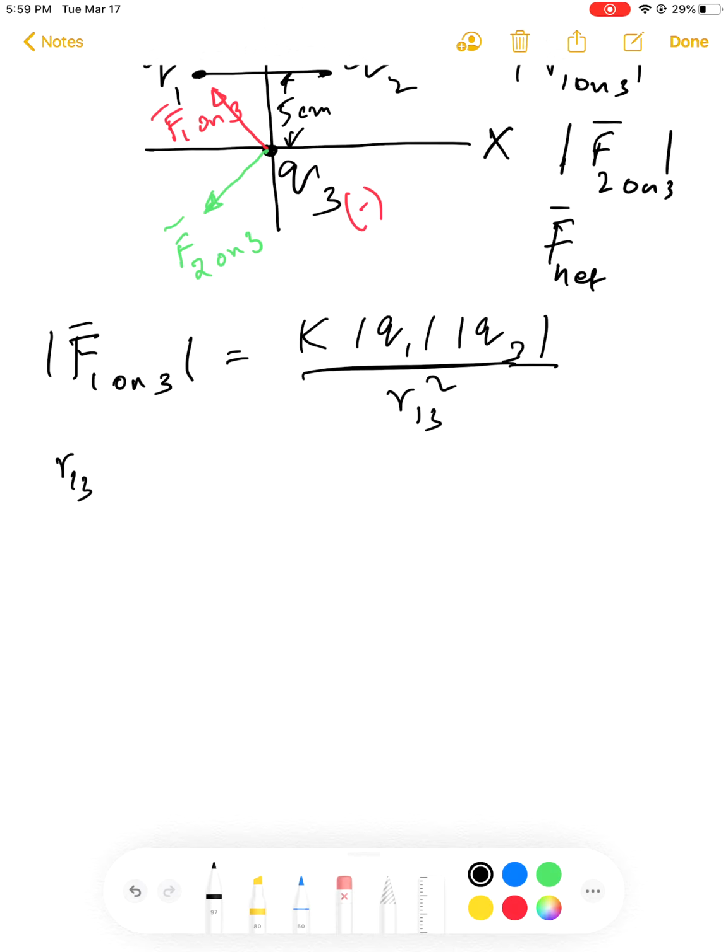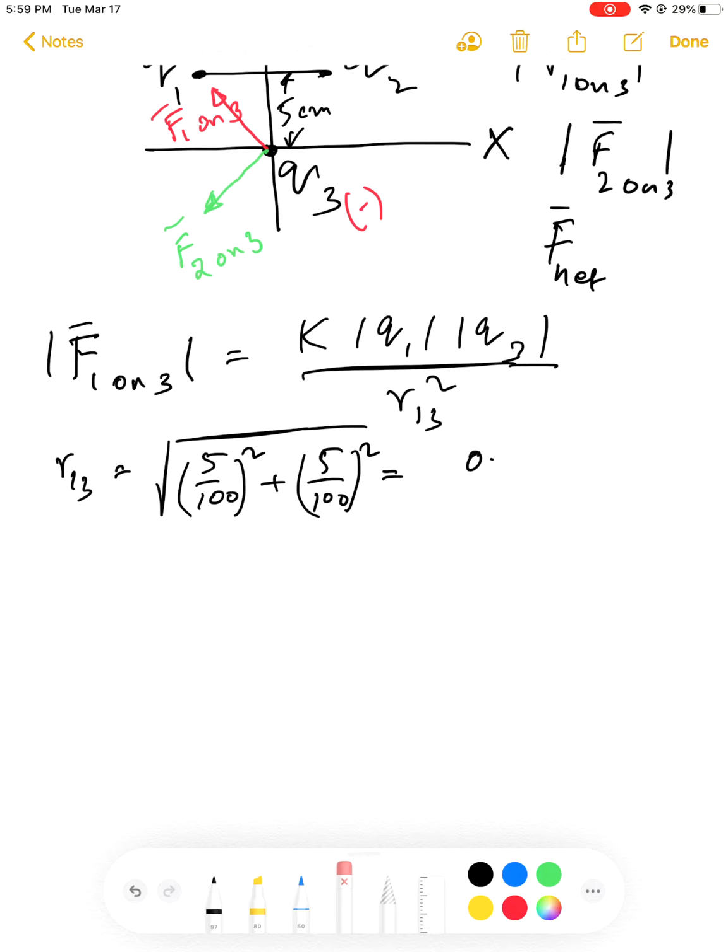So R13 is the square root of (5 over 100) squared plus (5 over 100) squared. This is basically 0.50, right? 25 plus 25, 50, and you have,